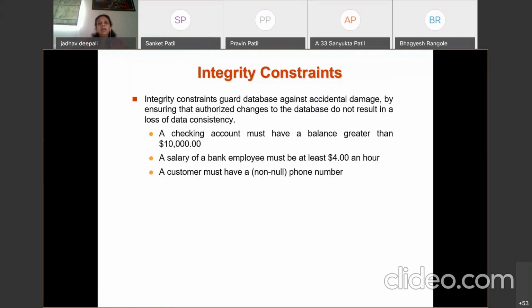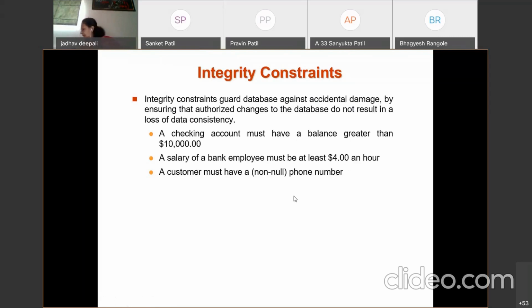To keep the data in a consistent state, we use the integrity constraint. For example, a checking account must have a balance greater than 10,000. Salary of a bank employee must be at least $4 per hour. Customer must have a non-null phone number. So such kinds of constraints we can apply.